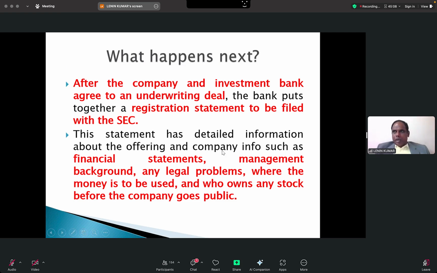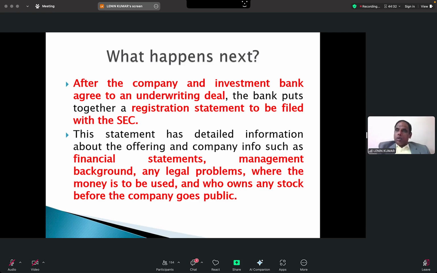I hope this particular point is clear. This statement has detailed information. What is there in that statement? Detailed information on the company, such as the financial statements of Lulu Market. I told you at the beginning, for continuous three years your company must make profit. That means Lulu must make profit. An oral statement nobody is going to accept. So for that, financial statements have to be enclosed.